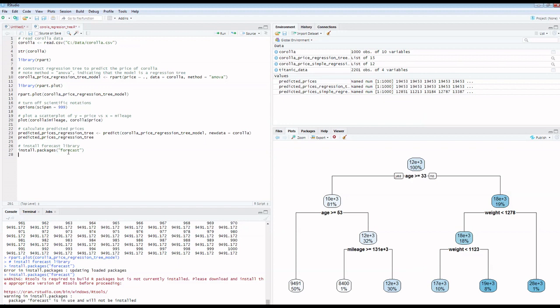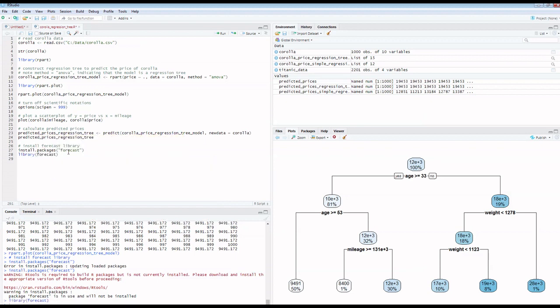So now I have my library forecast on this machine. I'm going to load the library forecast. Okay, all right, so the library is loaded, and now what I'm going to do is calculate all these performance measures, how well or how badly my model is predicting the price. So I'm going to leave a comment here, calculate predictive performance measures. Okay, so for that I'm